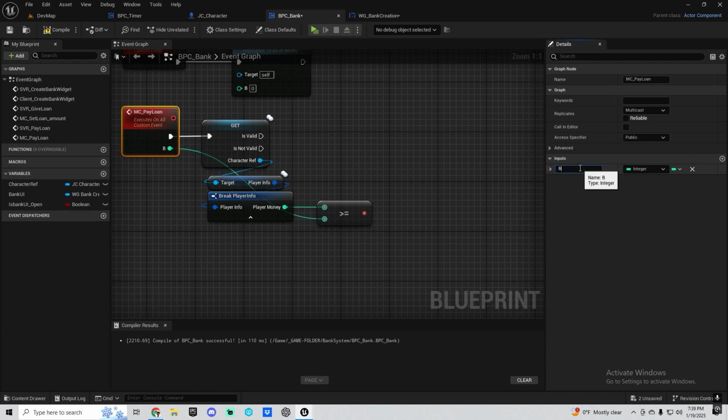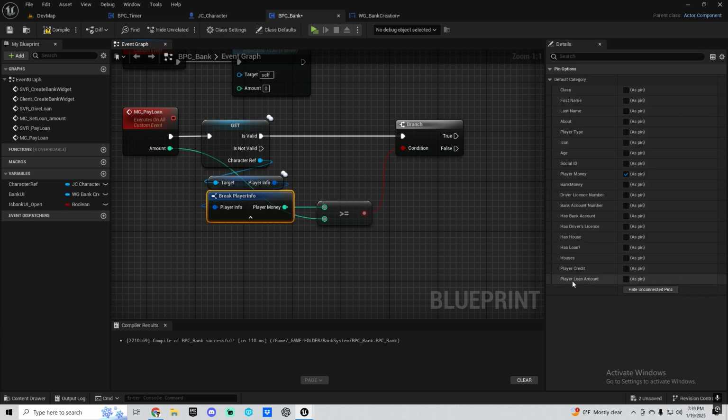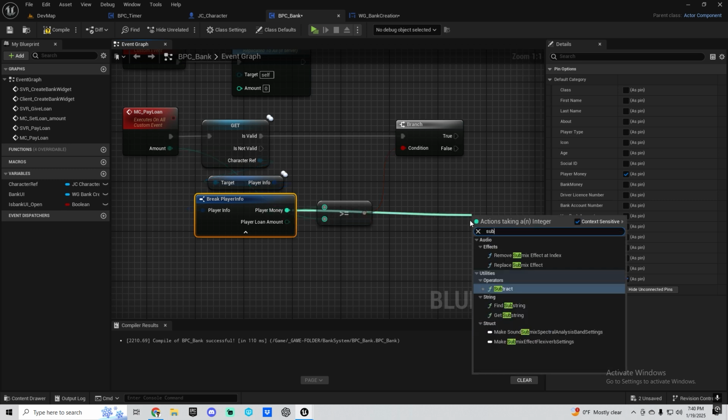So let's just say amount. All right, so we say B for a branch, B left click to get a branch. If it is, why did I take the loan off of me? Okay, let's get the player loan amount. If it's, we take the player loan amount and we say we get the player money, subtract